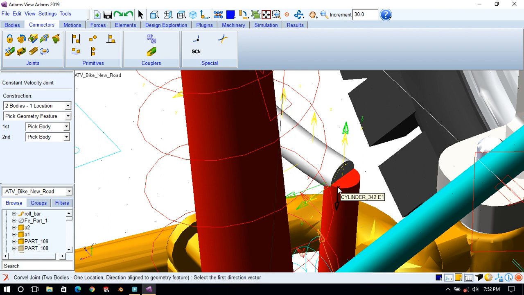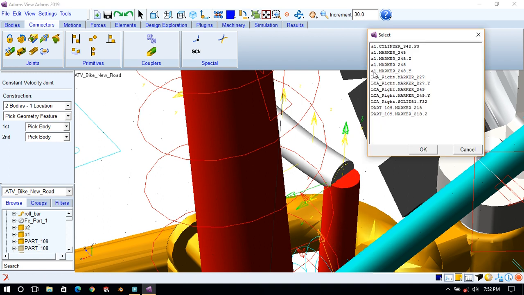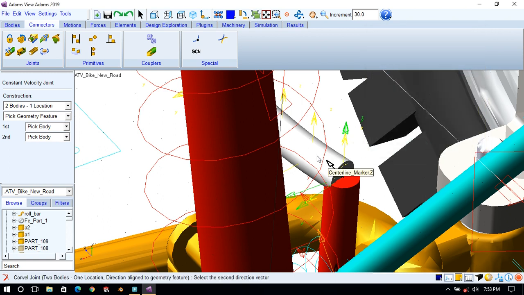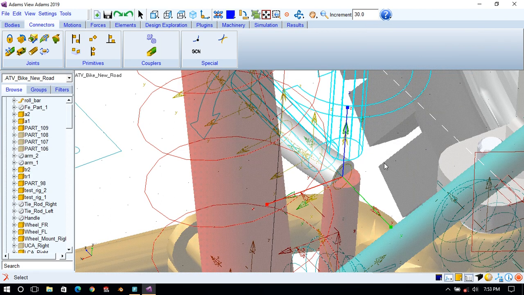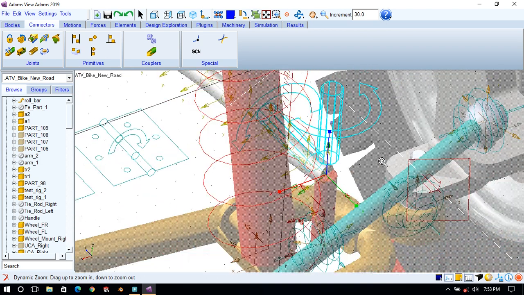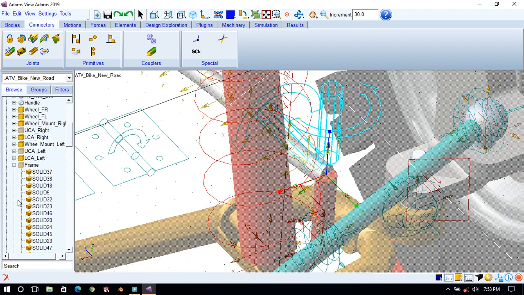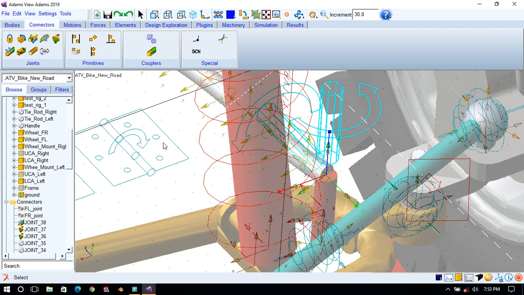It is asking to select the first direction vector. You can read the instruction below. So you have to select the first direction along this axis of the cylinder. So right click, it will prompt the proper direction, and the second direction will be along this rod axis. So it is asking for center marker Z. Sorry, this should be in this direction, but let's say it will work.